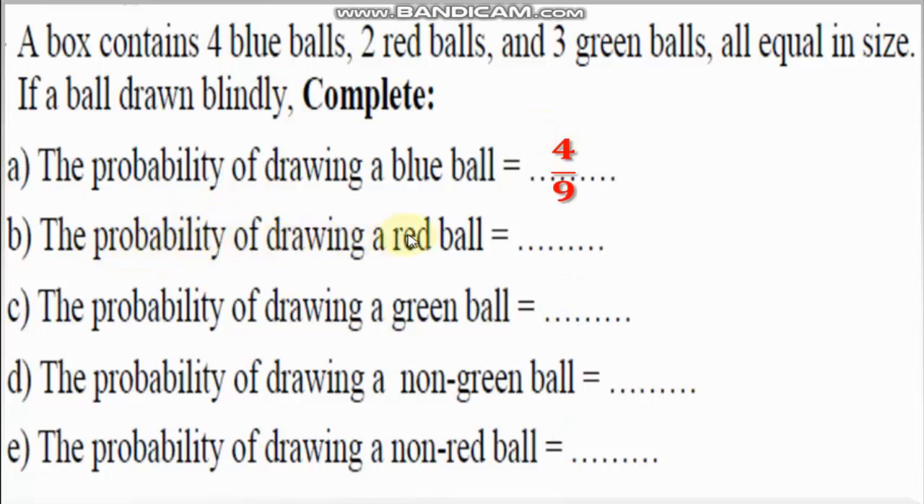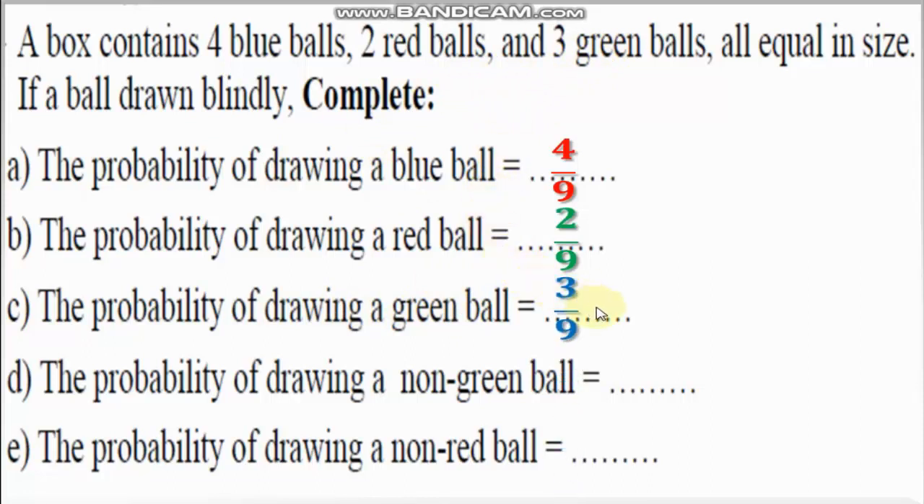Letter B. The probability of drawing a red ball. We have 2 red balls, so 2 over the total number. We said before the total number is 9, so it's 2 over 9. Letter C. The probability of drawing a green ball. We have 3 green balls, so it's 3 over the total number 9, 3 over 9, and we can